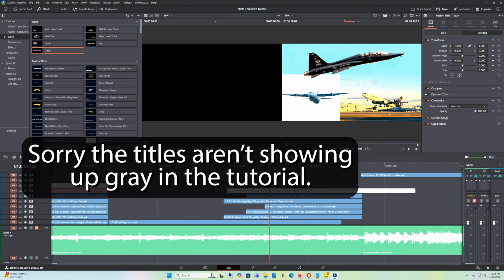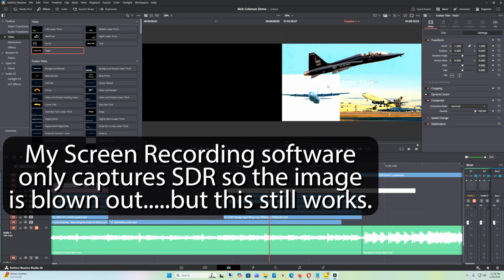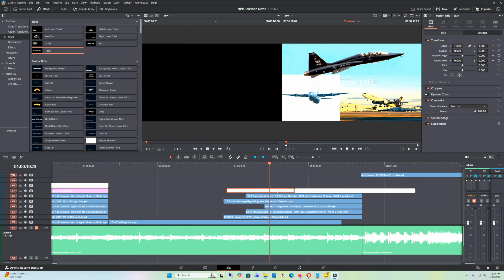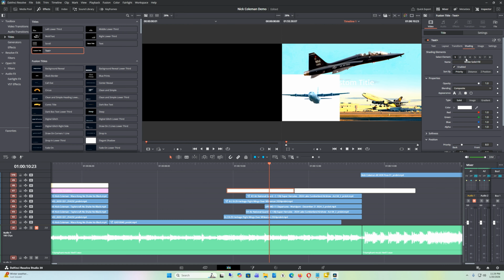If you're working in HDR in Resolve and you're using Text Plus and your graphics aren't showing up as white as you want them to, there's a couple ways to fix this. Click on the Text Plus that you want to brighten up. In the inspector window in the upper right corner of the screen, click the title, click shading, click the select